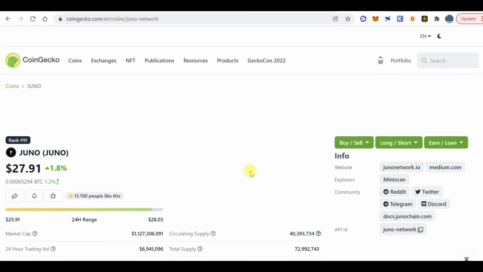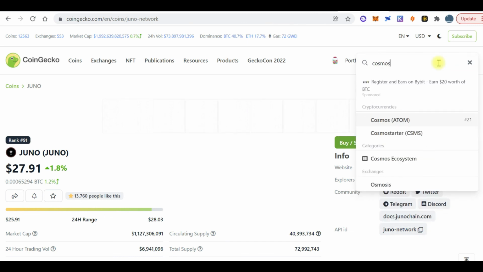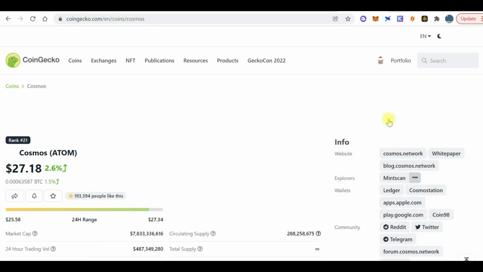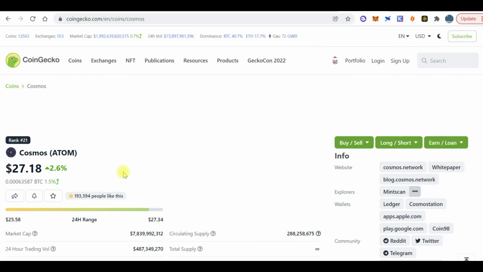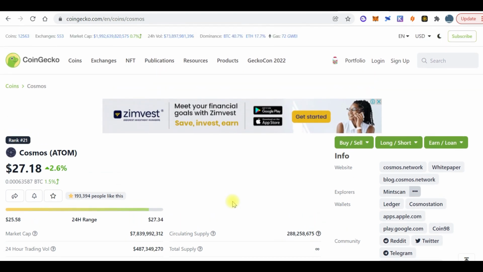All right, so I'm bullish on Juno, right? And I'm also taking a deeper dive into its ecosystem and tracking what's happening in their ecosystem. So let us not forget that Juno is built from the Cosmos ecosystem. That's the Cosmos SDK. We can see that Cosmos itself is sitting at 7 billion market cap. So that gives you a fair idea that Juno still has room to grow. Also, Cosmos itself has room to grow.